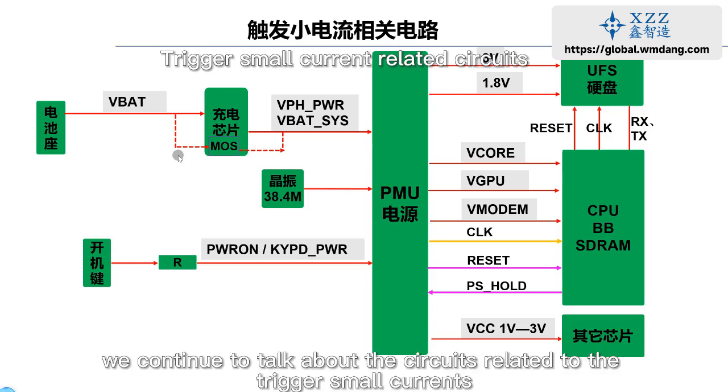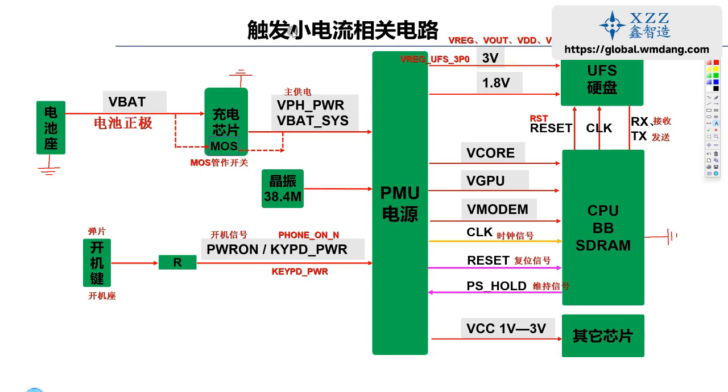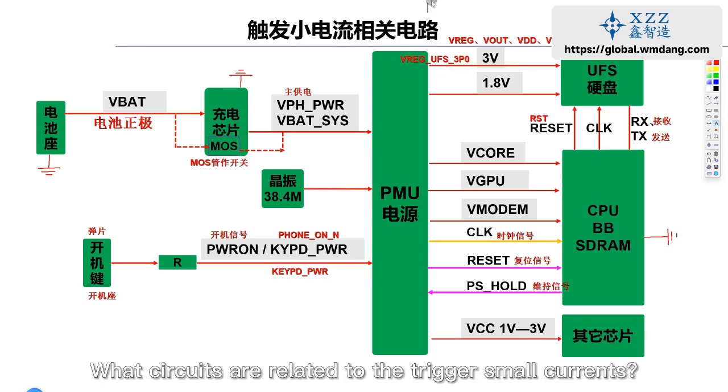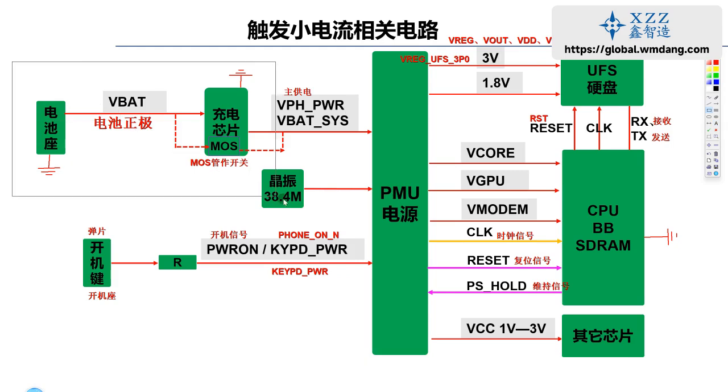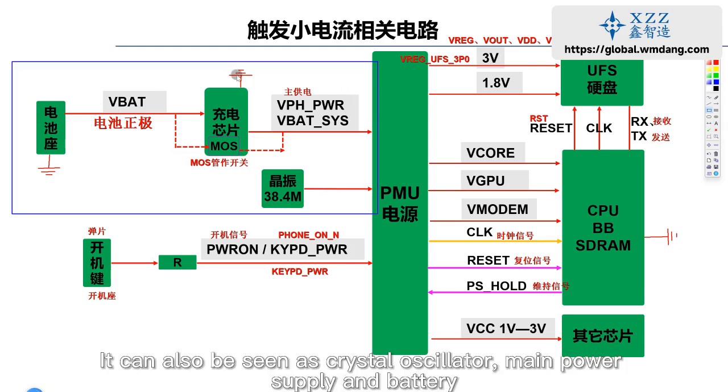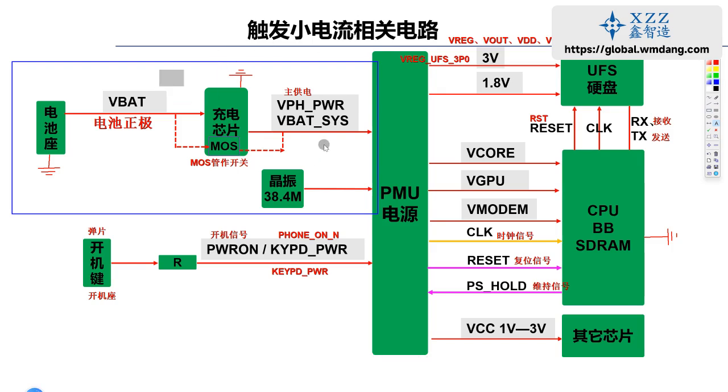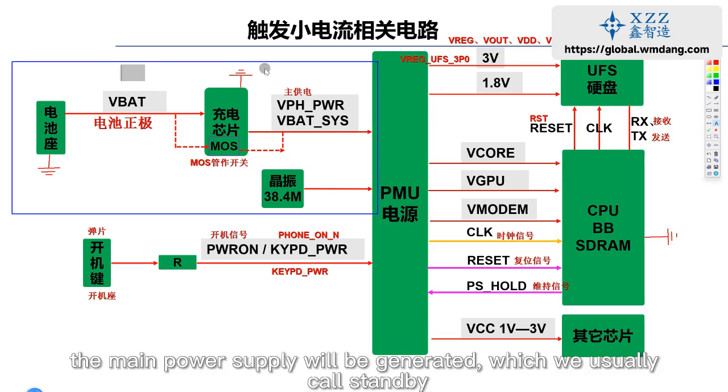In this lesson, we continue to talk about circuits related to trigger small current. What currents are related to trigger small current? In actual maintenance, we generally refer to this as standby. It can also be seen as crystal oscillator, main power supply, and battery. As soon as we put down the battery, the main power supply will be generated, which we usually call standby,